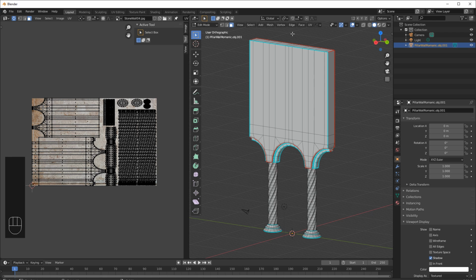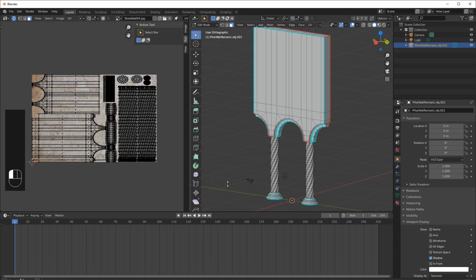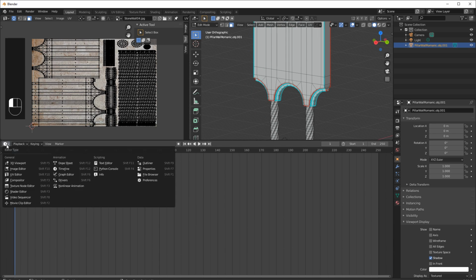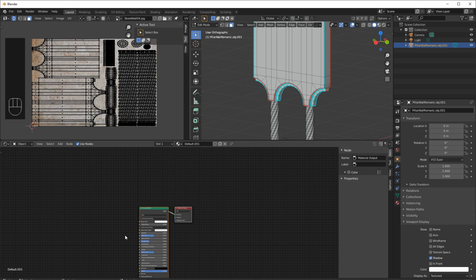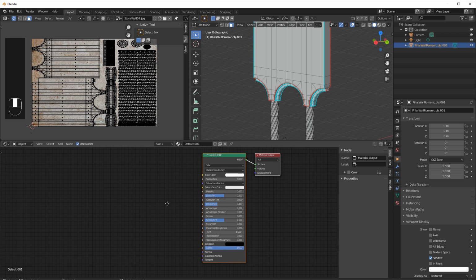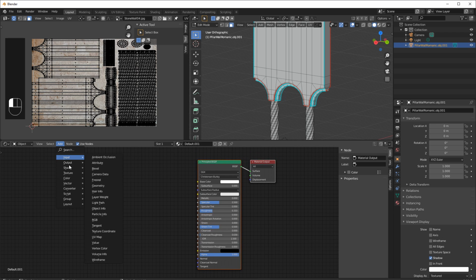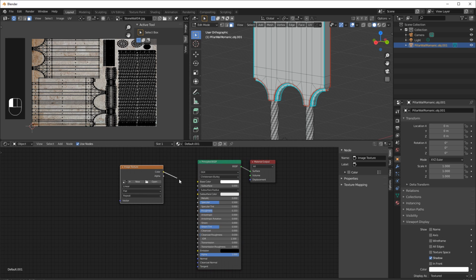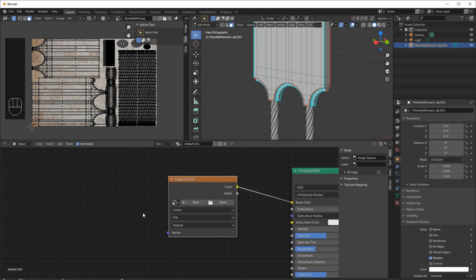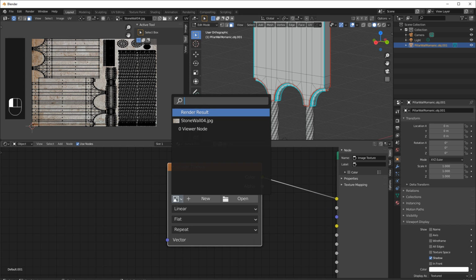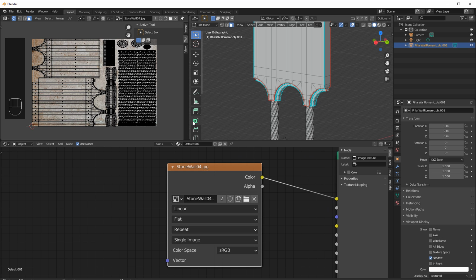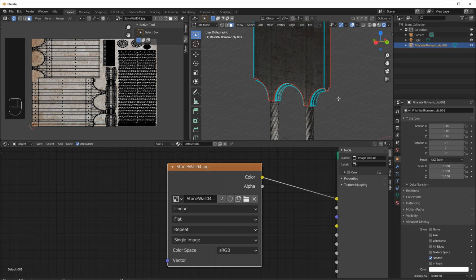Okay, but we have to add an image in the shader editor, just quickly. So add texture, image texture, and plug it into the base color, and from this drop down menu you just select stone wall. And now if you go to shaded mode,